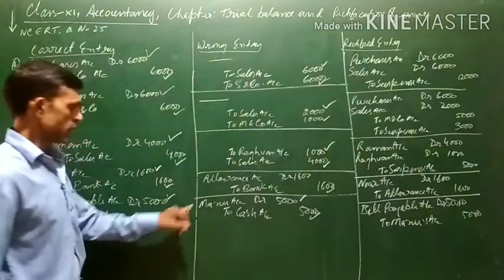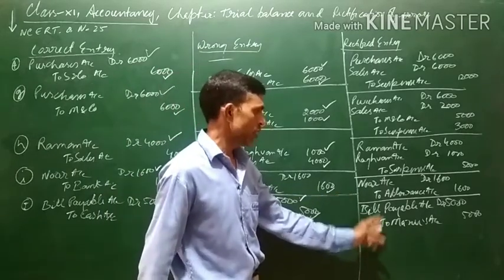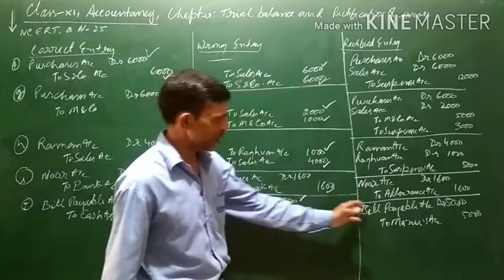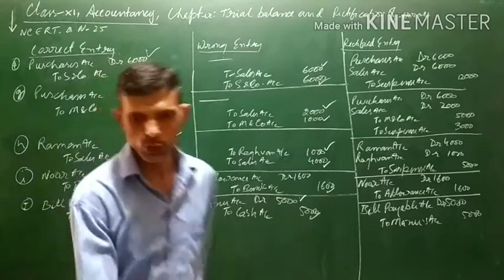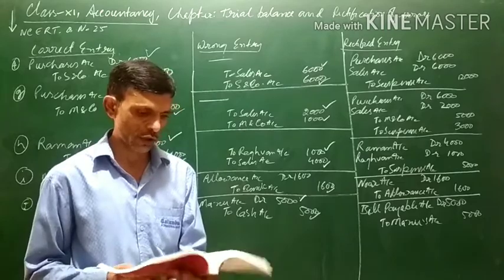As you can see, all the accounts have been taken into consideration. Moreover, the debit and the credit are also equal. So there is no need to open suspense account in this case. Two or three more transactions are there, which you will try later on at your home also.